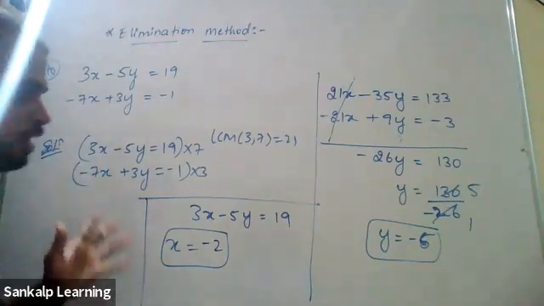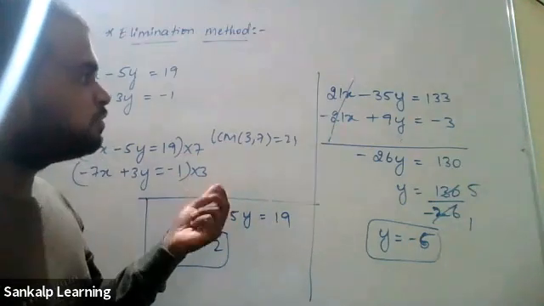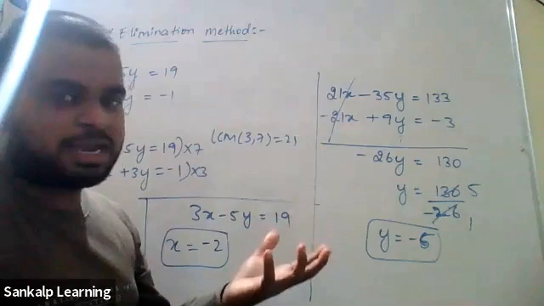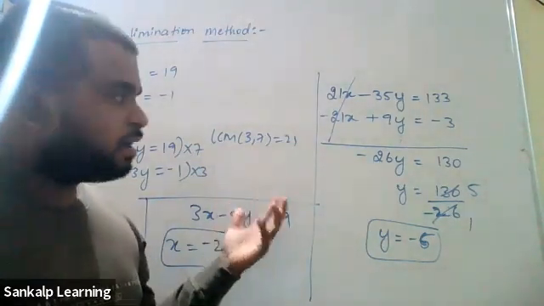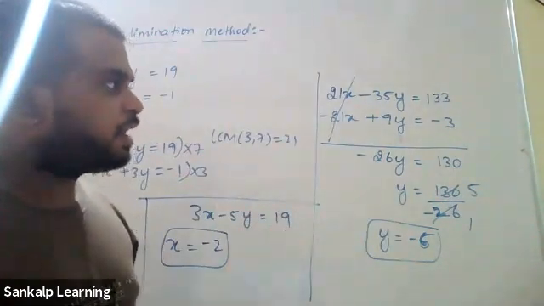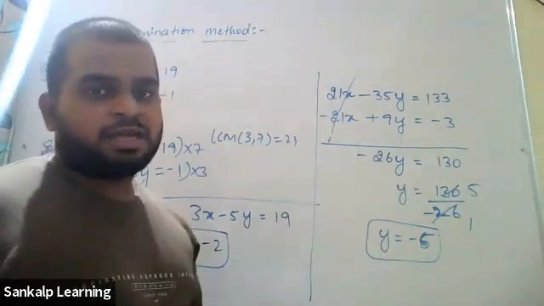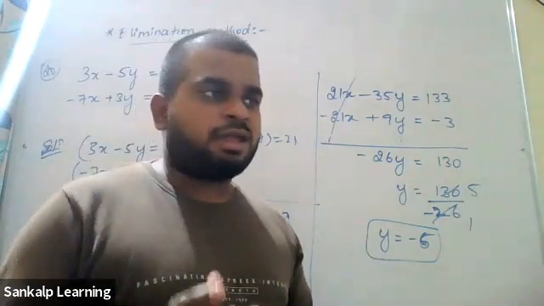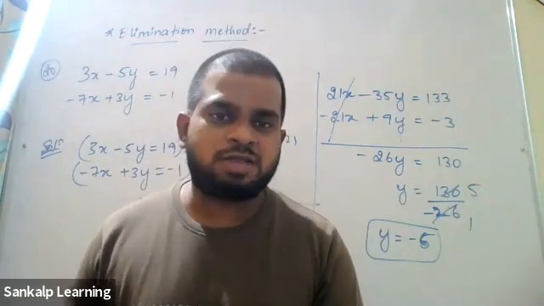Again, why are we learning all this? These are basics. Instead of telling it in a statement, we are writing it as an equation. Why should we learn all this? Simple. Let's say you're going to a market, buying apples and oranges. You're taking 1 kg of apple and 1 kg of orange. The total cost is 100 rupees.